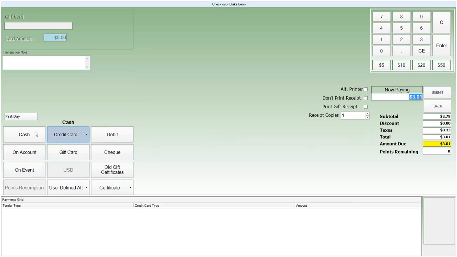I'll just touch on this area really quick here. This is the checkout or tender screen. In here, we really only have a few options, which is to pick the tender we want. So cash, credit card, we currently don't accept debit, so that button will not be used. On account, gift card, checks, events, old gift certificates from our old POS systems. We have some user defined, so old rain checks, old event deposits, and these are golf shop credits or certificates,